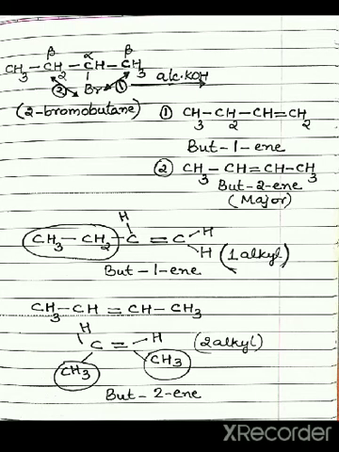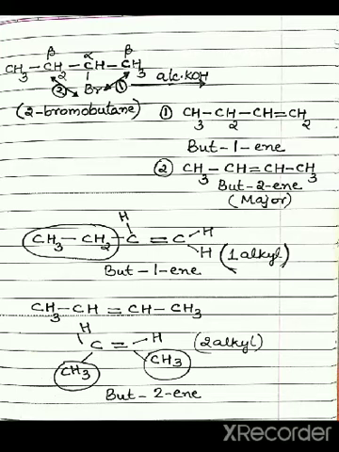Another haloalkane, 2-bromobutane, is given here. When treated with an alcoholic solution of potassium hydroxide, this compound undergoes elimination reaction. The carbon carrying bromine is marked as alpha carbon, and the carbon atoms on either side of alpha carbon can be taken as beta carbon, so that you can easily identify the beta hydrogen atoms. In this case, since two different beta hydrogen atoms are present around the alpha carbon, the reaction leads to the formation of two different products.